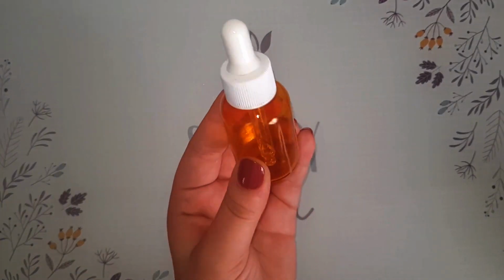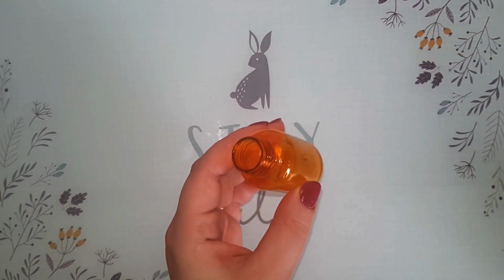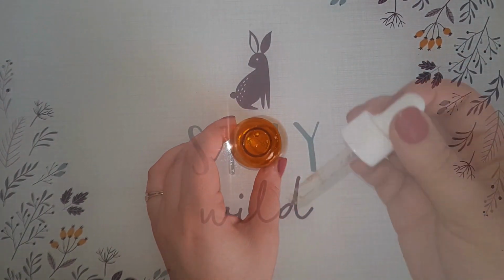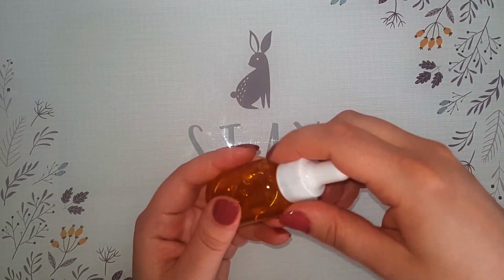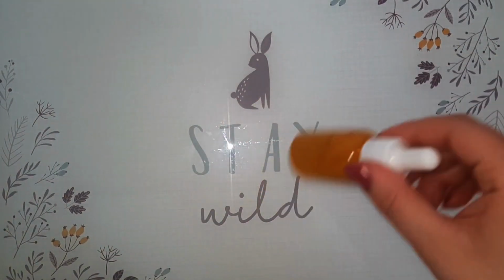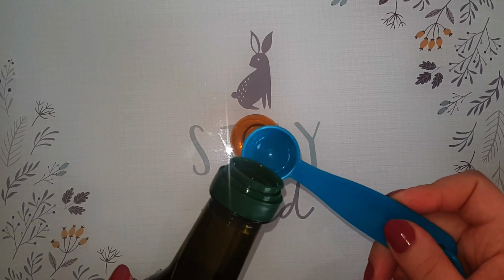So I usually do this treatment once a month, but if your hair is extremely damaged, you can do twice a month until you get the result that you want. I like this bottle for having this pipette. It just makes it easier. But if you don't have one of those, you can use a small container or bowl and use your fingers to apply it. So the first oil I use is 2 tablespoons of extra virgin oil,